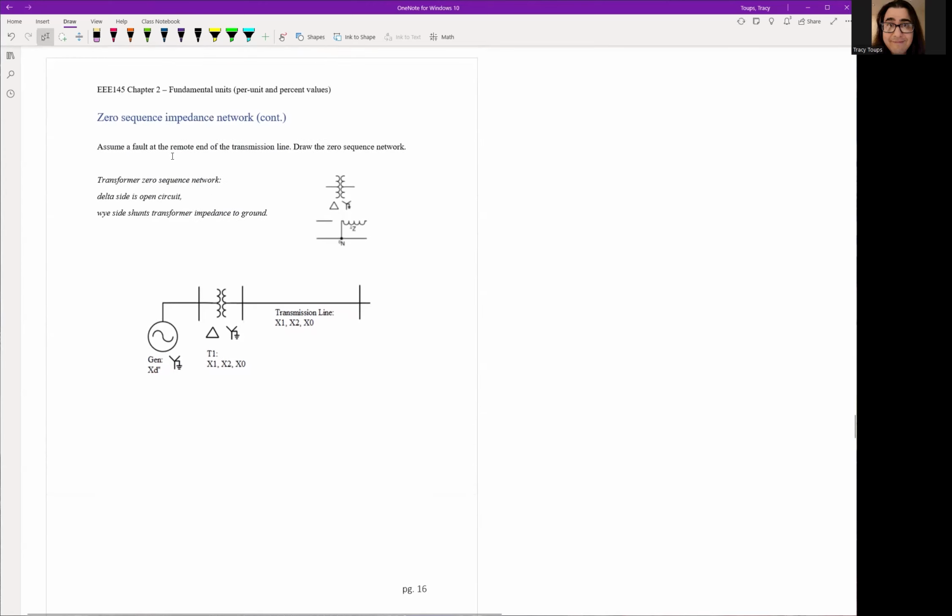So here is a zero sequence network. Now remember, we have a delta to Y transformer, so I pretty much brought in the network for us, right? It's literally just the previous network. I did transpose it to match our delta to Y connection right here, okay? So just to make sure that